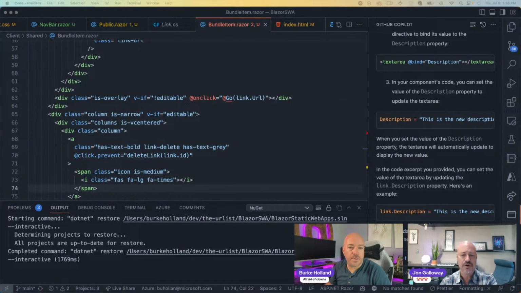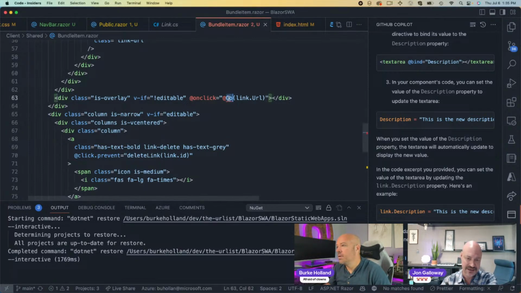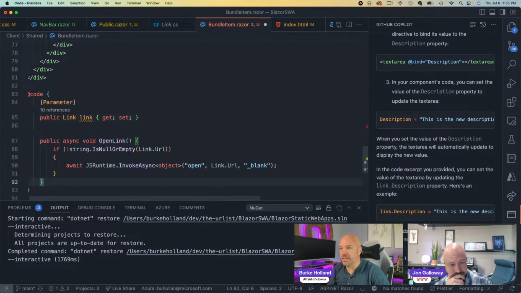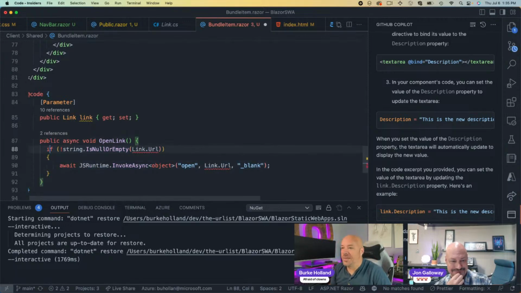Hold on. Oh, it brings up the edit. Yeah, no, it's like this. Let's do this. Okay. And then just create an open link dummy function for now. Open link. And then what we want to do is... Yeah, because each one of these is its own link. So we could do this. So what we're going to do here is